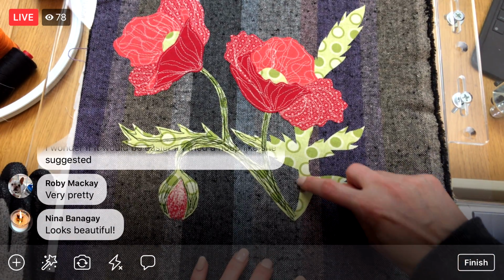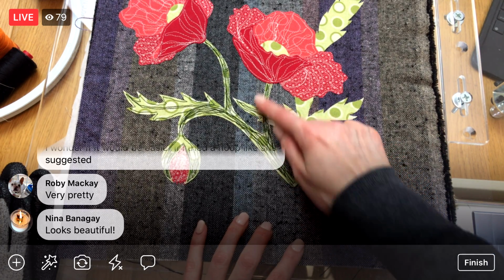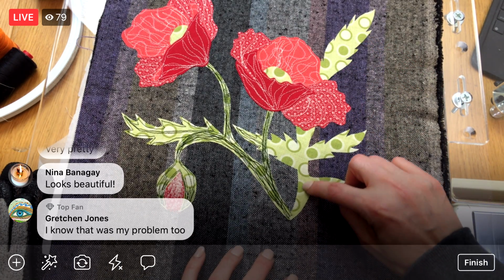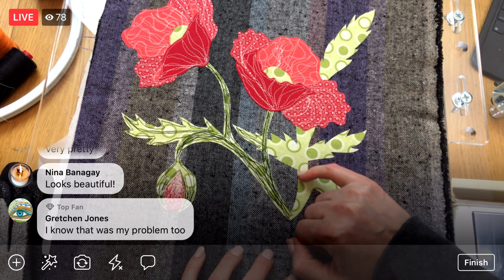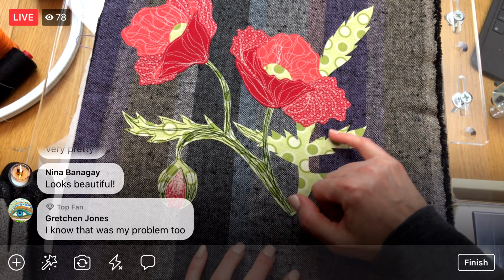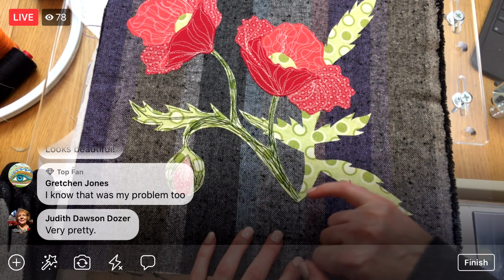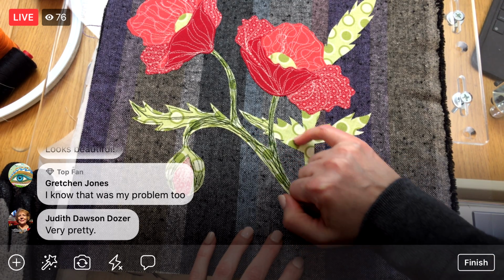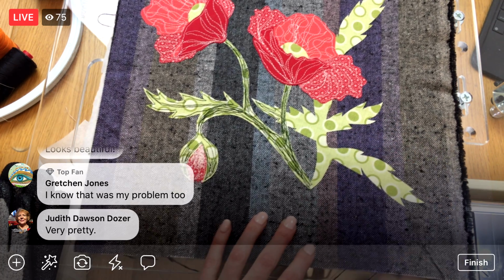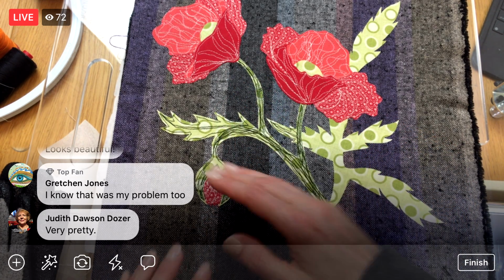So I'm going to just, let's do this stem. Oh, I know, this isn't so much the stem anymore of a flower. So this is all very leafy. Huh. So this is kind of maybe like the start of a stem that branches off into like some leaves. And then by the time it gets up here, it's totally leafy. So I'm thinking maybe this whole thing is a little less dense than here. Or maybe it's dense to about here, and then it starts breaking out into the leaves, and it becomes less dense. Okay, I think that's the plan. I think we do need a little bit of density here, so it doesn't feel so heavy on this side, but